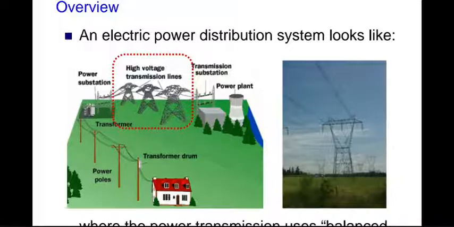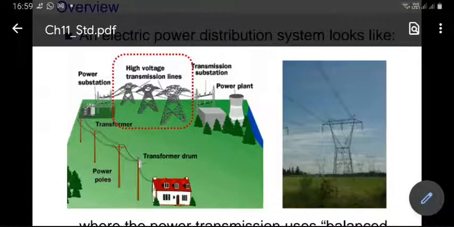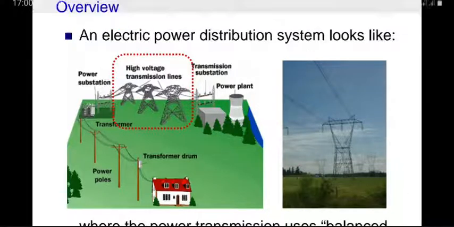Generally, it's not possible to go from a very high voltage to a very low voltage in one transformer. You may have to use several of them, slowly stepping down and slowly stepping up. Okay, transmission lines, you have already been taught in other courses, but here the focus is that frequency is only 50 hertz or 60 hertz. Even then, there are a lot of practical considerations that one has to worry about when designing, building and operating transmission lines for power systems. I'll come to that maybe a little later.